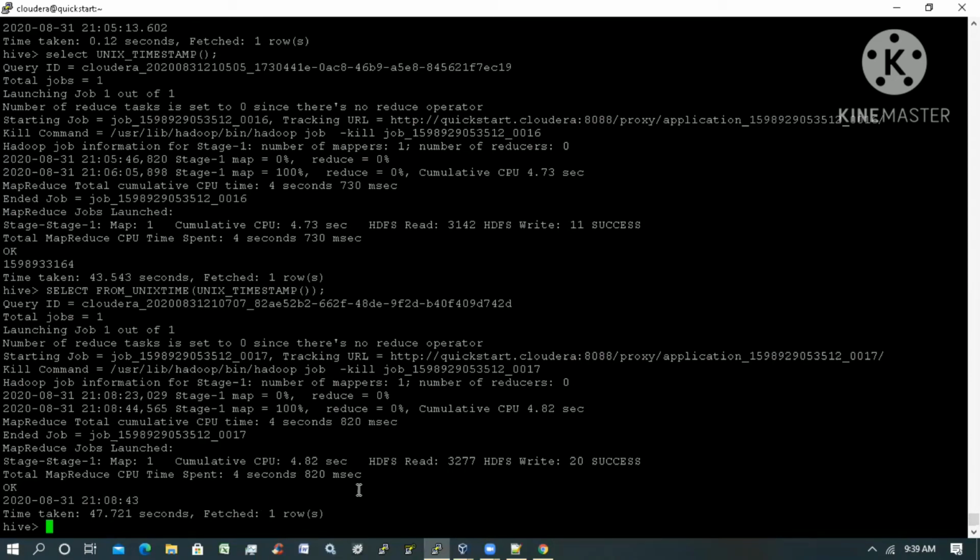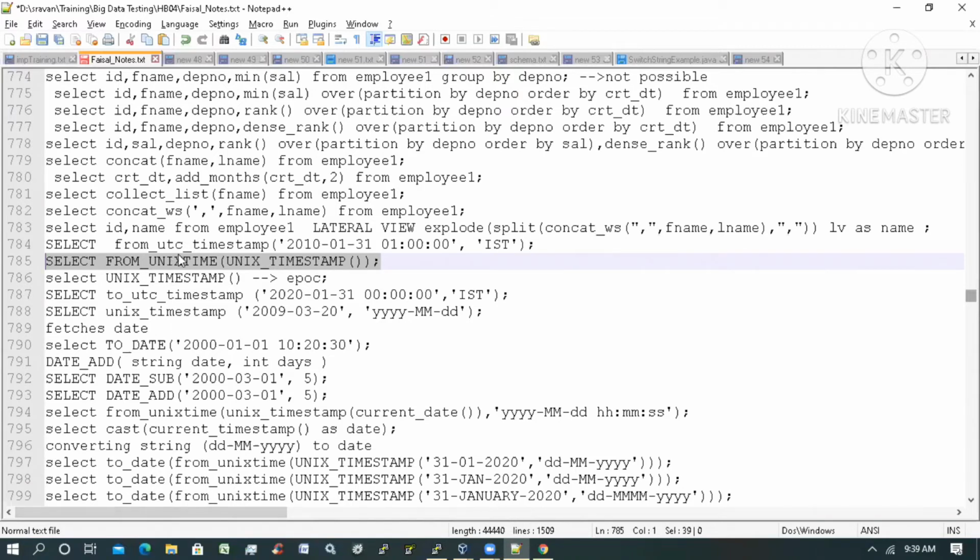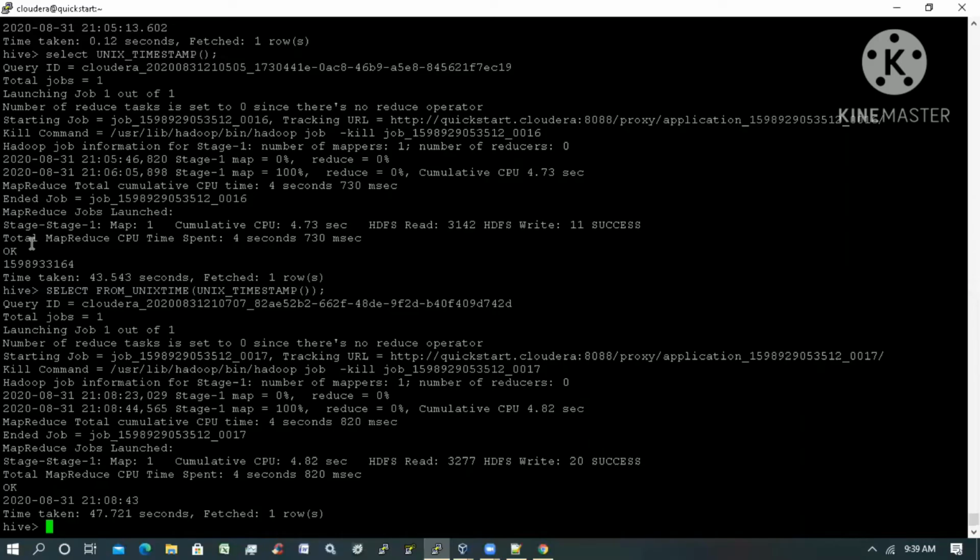Okay. Now, from epoch time to Unix timestamp, how can we convert from Unix time? Same thing, if you are giving it in some standard, IST or any standard, and you want to convert, that conversion is from a UTC timestamp. That means we give some UTC time and convert it to IST format. One minute, we'll show that one.